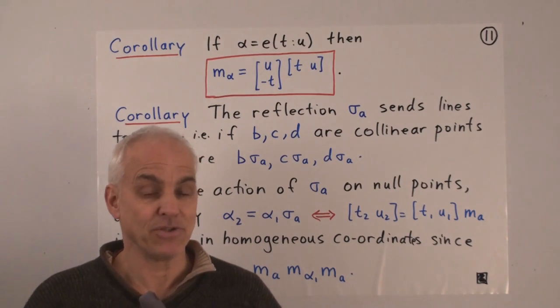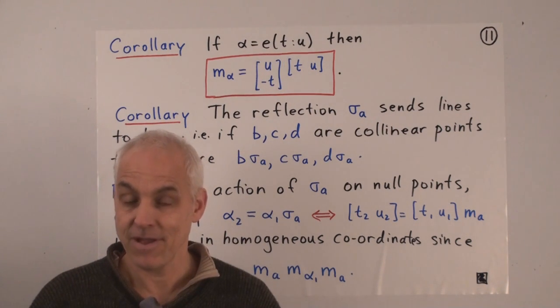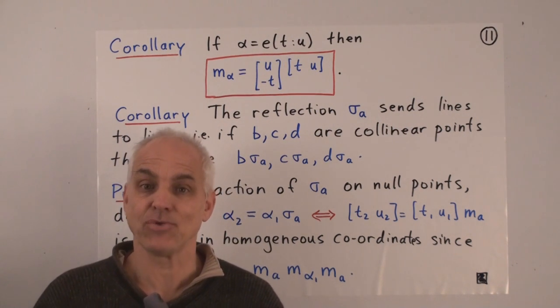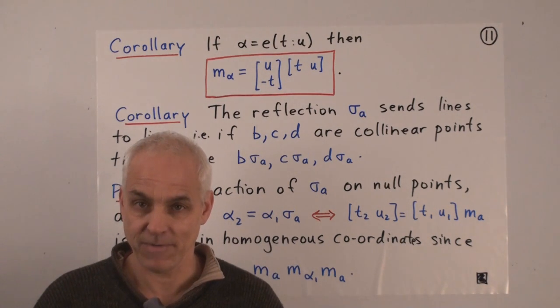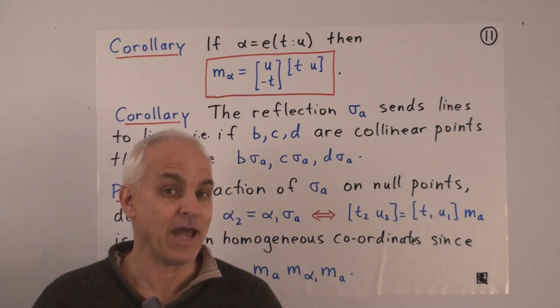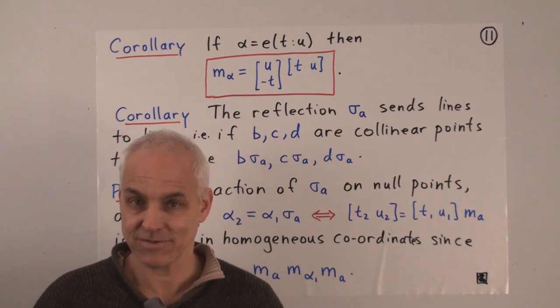Next time I want to get back to the geometrical consequences of having these reflections around. I want to convince you that the reflections actually preserve perpendicularity, the crucial property. We'll see that they also allow us to define midpoints and bisectors.